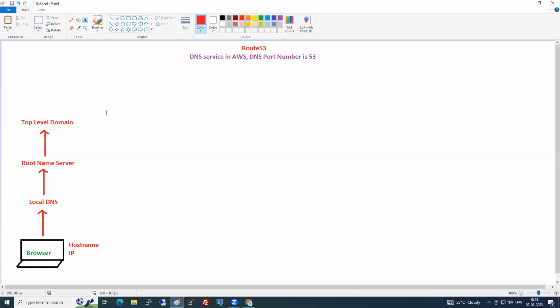From the top level domain, the request will go to the name server. From the name server, the request will go to SOA, correct? So till there, we remember.